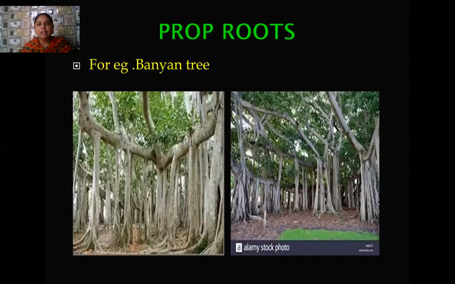As we know, the crown of the banyan tree is very much huge. So the stem is not enough to hold the crown. So in this case, special types of roots arise from some other part of the plant other than the radicle. And these supporting roots, or you can say hanging roots, which generally appear like the branches of the banyan tree, are actually the prop roots. These prop roots act as additional stems and provide support to the plant. And in this way, the bulky crown of the tree is easily held by the stem as well as these prop roots.